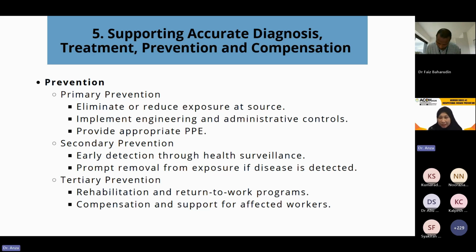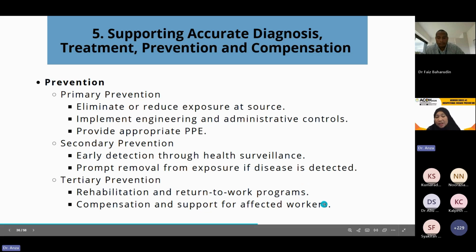In some countries, the surveillance is hazard based, but in other countries, the health surveillance is disease based. For example, in the UK they have hand-arm vibration syndrome, or occupational asthma, so it is disease based. It depends on which country we're talking about, but the outcome of the implementation is to make sure that we have specific preventive measures for the workers at risk, because we want to remove the exposure if the disease is detected.